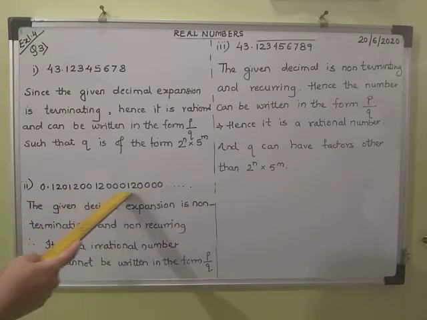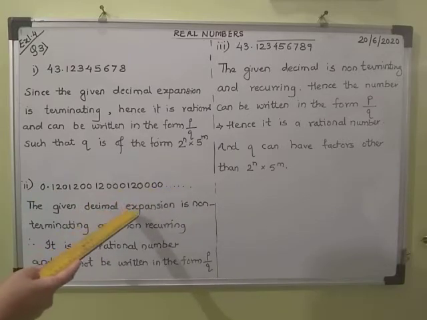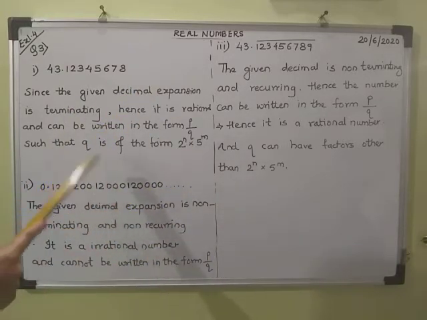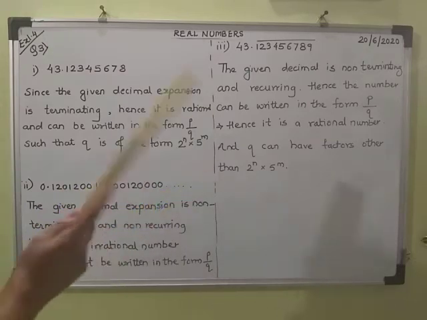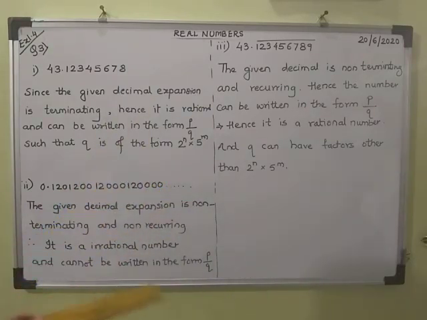You see carefully, this is neither recurring nor terminating. So the given decimal expansion is non-terminating and non-recurring, because it is not recurring properly either. So it is irrational. So it cannot be written in the form p upon q. So we don't have to say anything about q. Third one, you see